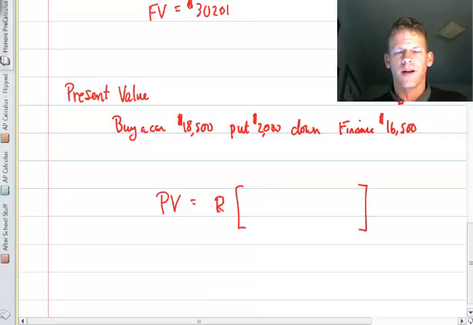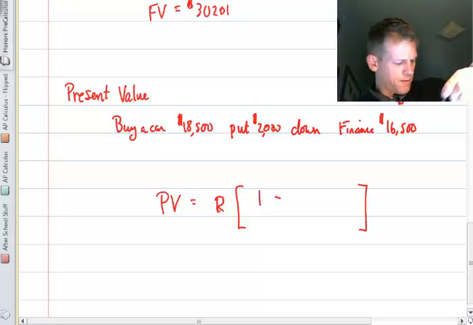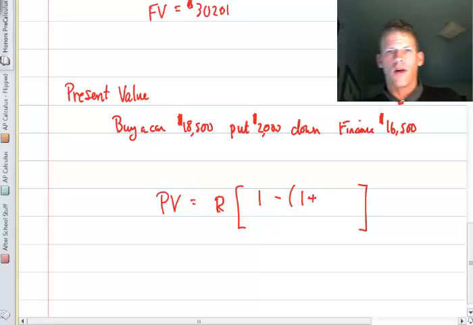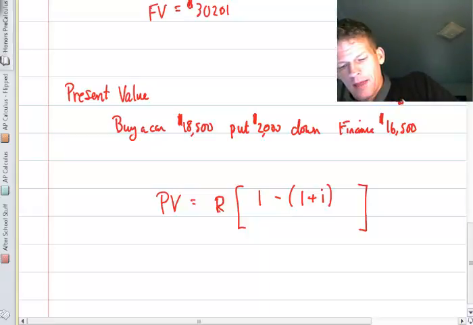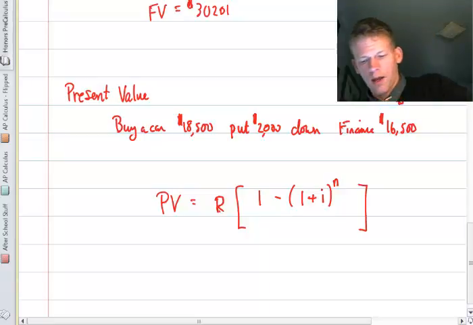In class, I'll show you how they derive this formula. It's actually pretty interesting, but it's not worth the time in the video. Just be careful about these slight differences. It's 1 minus (1 plus the interest rate). Now remember, this interest rate is your annual interest rate, but it's normalized. For monthly payments, you would divide it by 12. This would be N, the number of payments that you're going to make. So if it's a 4-year car loan, then N would be 48, because there are 12 monthly payments